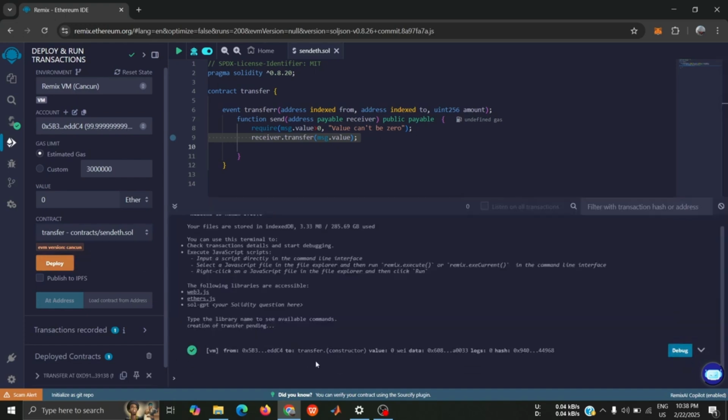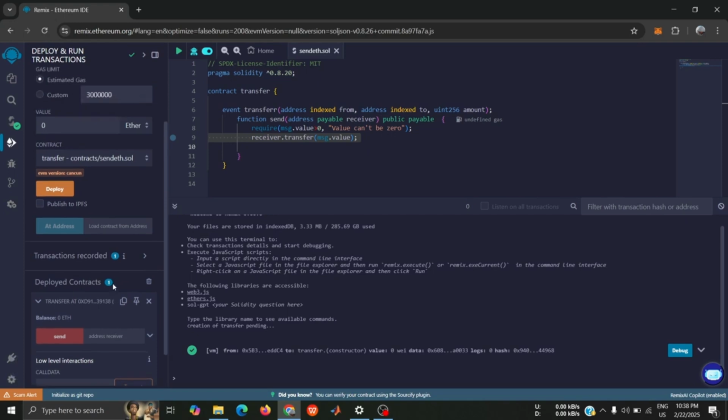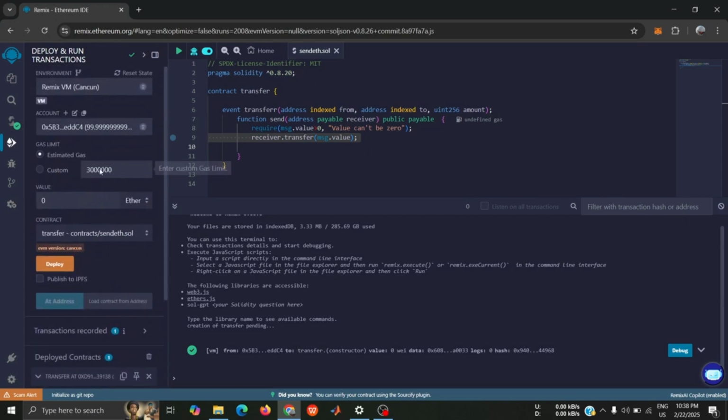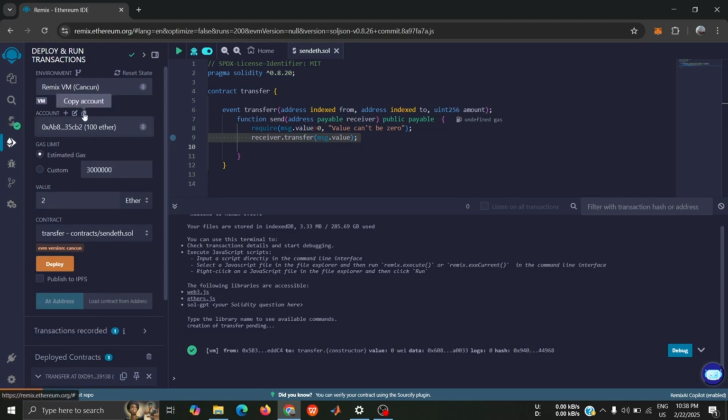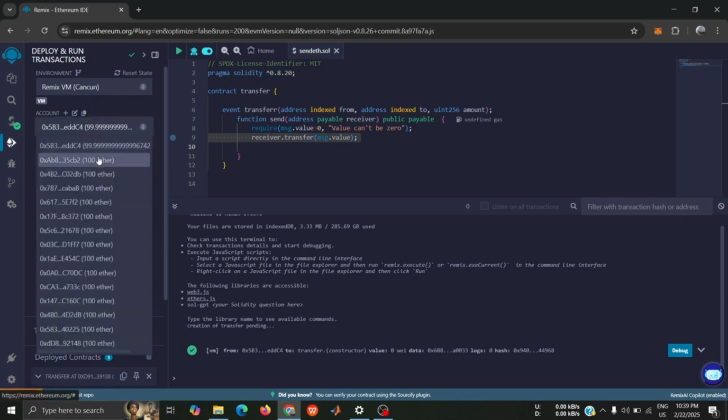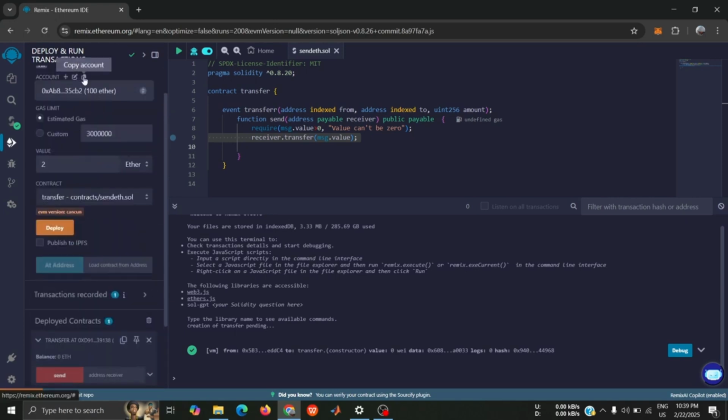So now we will deploy this contract. Here you can see the contract has been deployed. Now you will be able to find this here. So now let us test. So first let us transfer 2 ether from this account to the account we want to transfer to. So from this one, let us first copy the address of the previous one